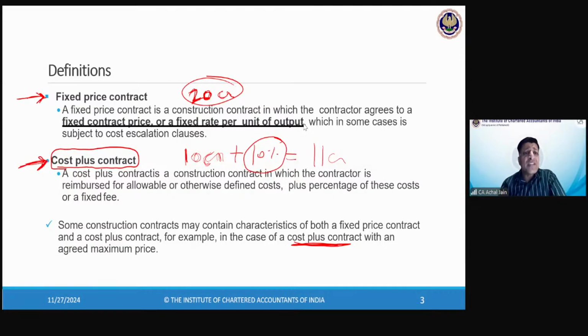Sai is asking, can you please explain those types of contracts: build, operate, transfer type? Yeah, of course, we can discuss that, but I would request that we'll have to digress from this topic. So maybe towards the end of the session, we can pick that up. Because that has got nothing to do with what we are discussing right now. Fine. Okay.